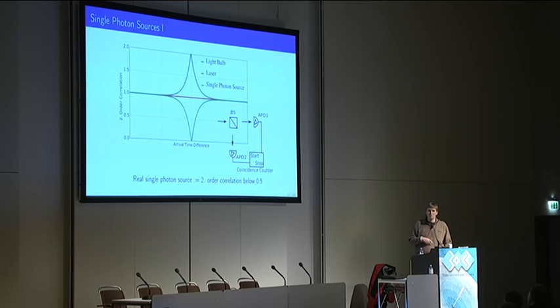But for real single photon sources, we say that a second order correlation below 0.5 is a single photon source, and